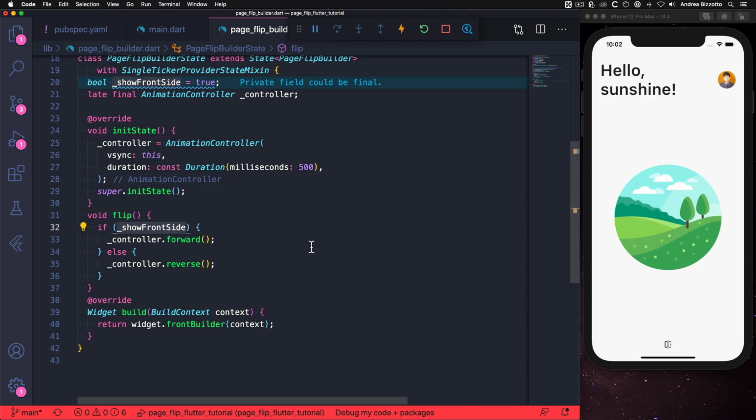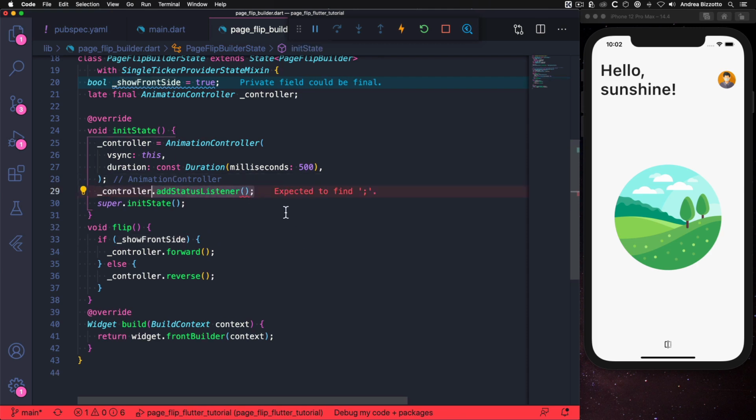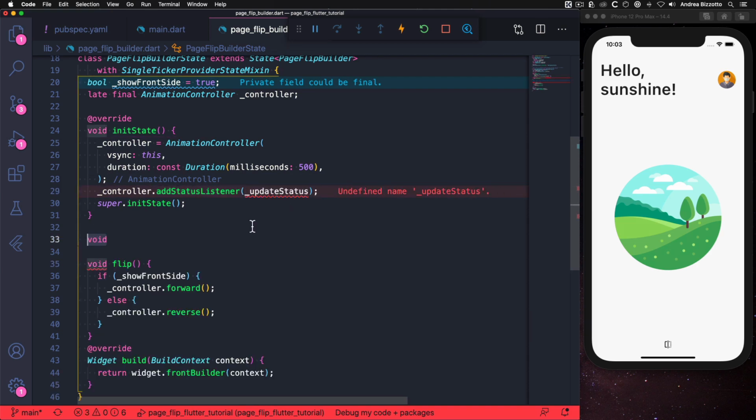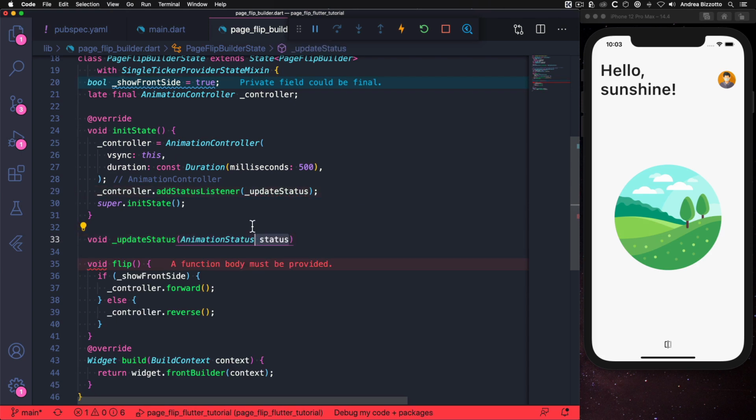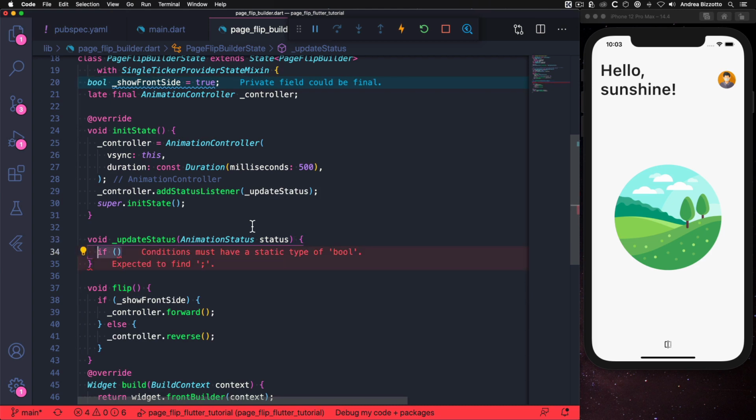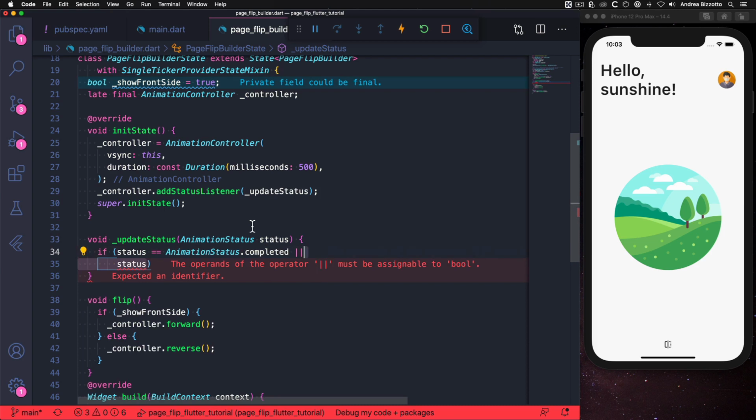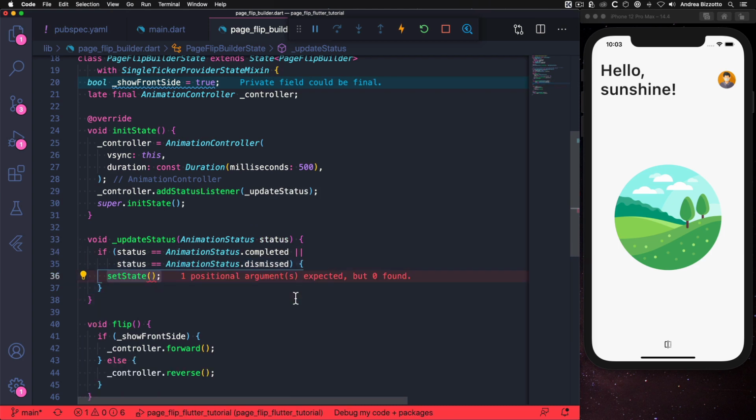And to do that, we can add a status listener to our controller. So over here, we can type controller.addStatusListener with an argument called updateStatus. And over here, we can add a void updateStatus method, which takes an animation status as an argument. And then we can say if status is equal to animation status.completed or status is equal to animation status.dismissed, then we can call set state, and then inside it we want to toggle the value of our show front side